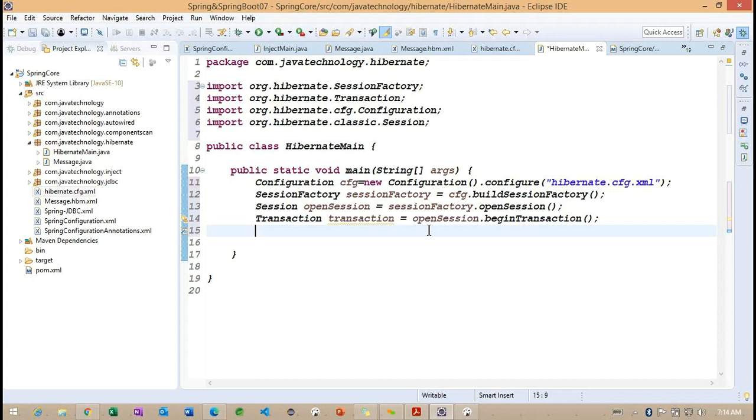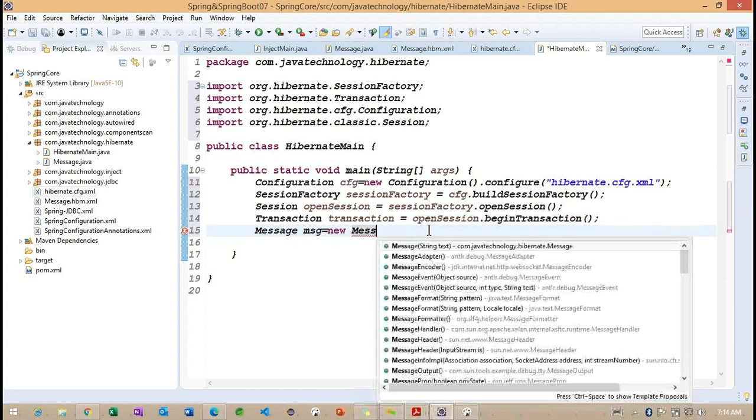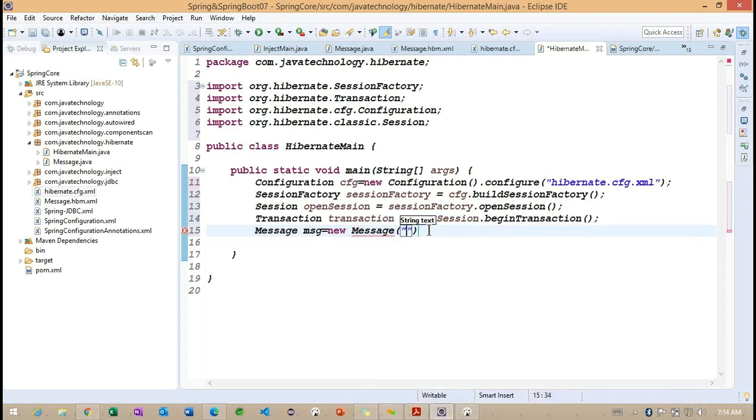So what is the message we are going to create? Basically, work on this particular message here. What I am doing here is connecting it with the constructor. This particular constructor is going to provide the message, "Welcome to Hibernate."